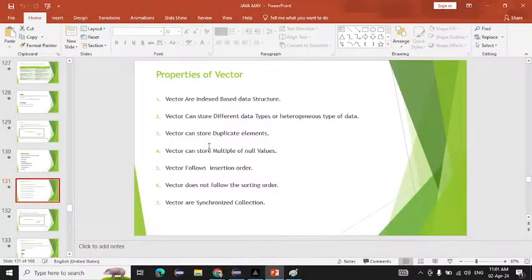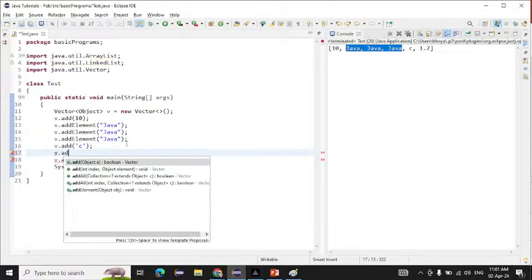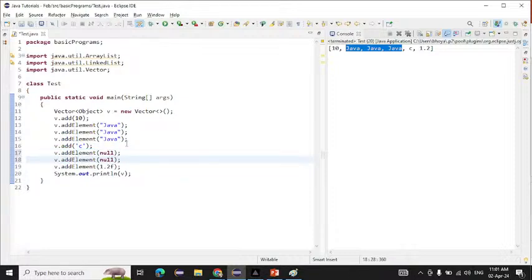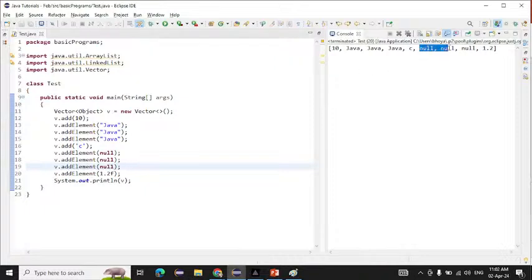After that, inside the Vector we can store multiple null values. So I will add one null value here, you can use the v.add method or the addElement method also. Suppose I use null here. Inside the Vector we have this method, the addElement method. Inside the Stack also we have this method, because Stack is also extending Vector. If I run this one,